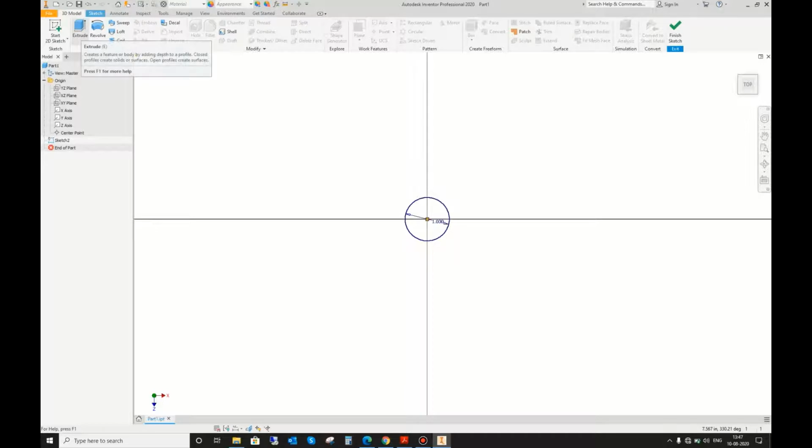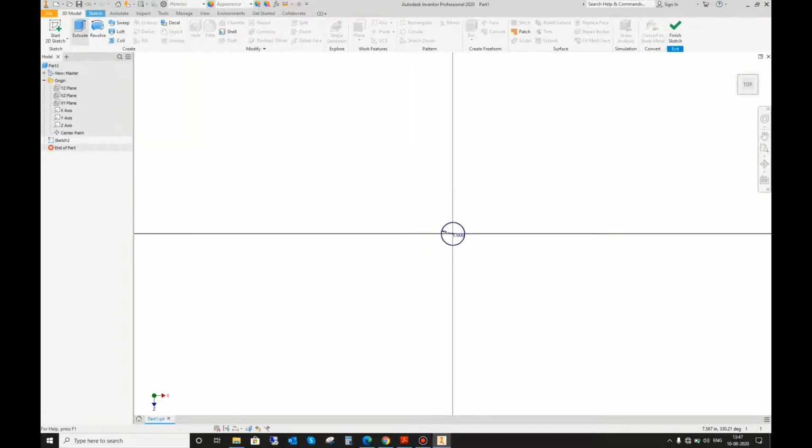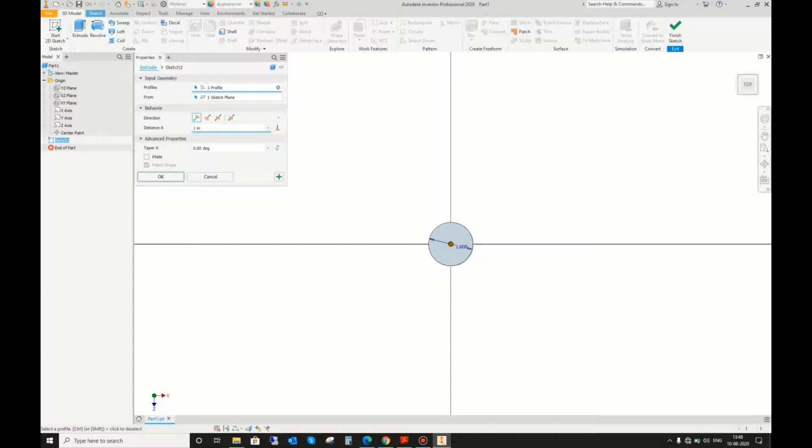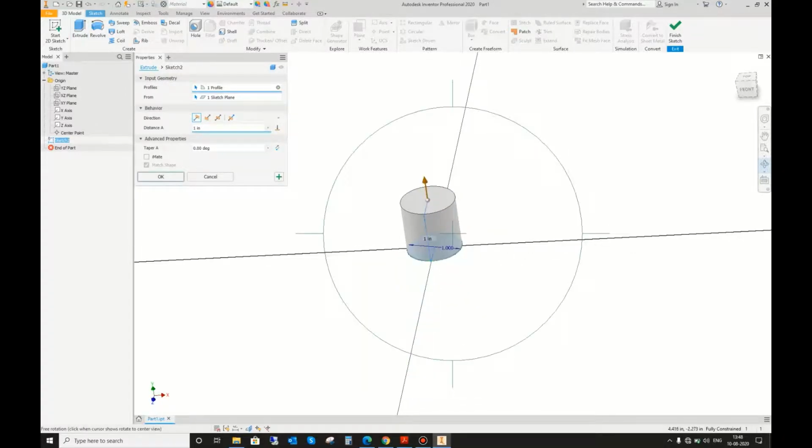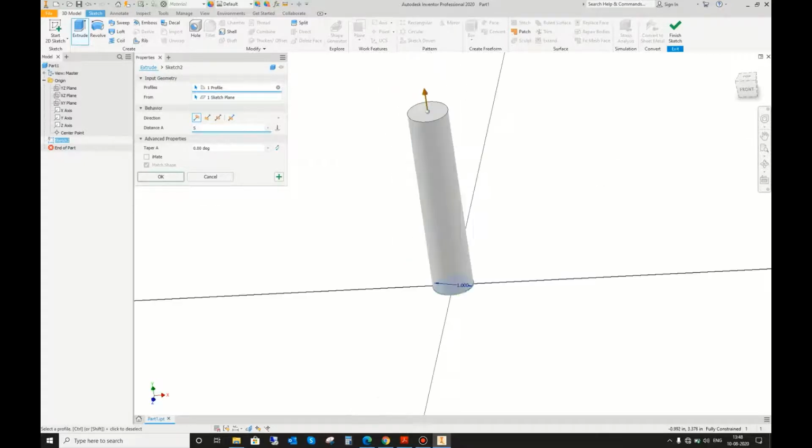Here is the extrude feature. When we select extrude, it will detect the sketch, how many profiles are there, and then it will make an extrude out of it. So we can now give measurements of what height we want of that extrude. So here I am selecting 5 inches.